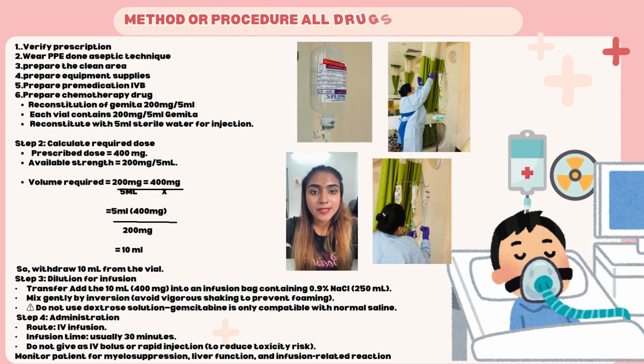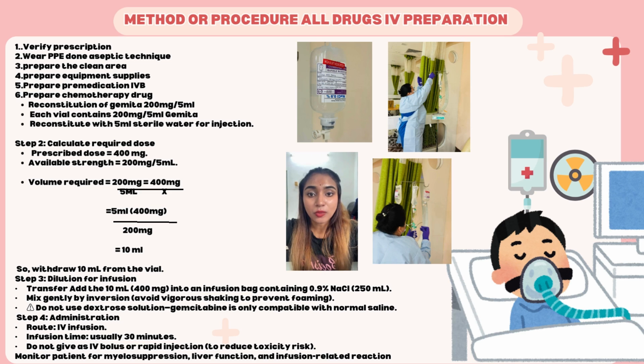Next, I will explain the method or procedure for preparation of intravenous chemotherapy drugs. First, preparation. We verify the prescription to make sure the dose and drug are correct. Then, we wear personal protective equipment and follow aseptic technique. The clean area is prepared and all equipment and supplies are made ready. We also prepare the pre-medication for IV bolus. Step 2, chemotherapy preparation. For this case study,